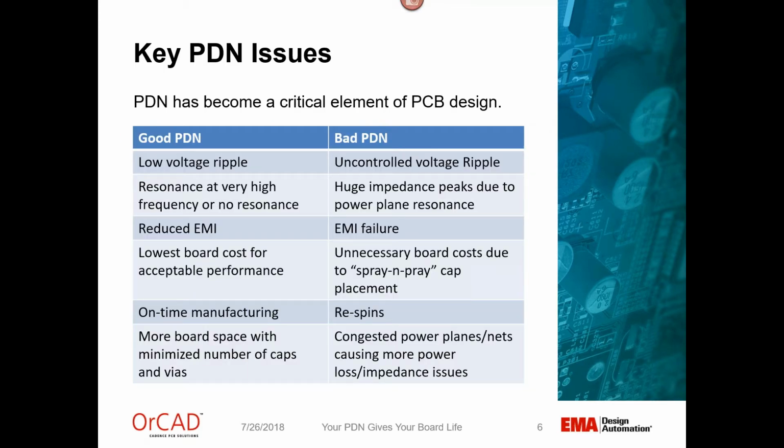So here on the left, we have our desired PDN behavior. In contrast, to the right is what might happen if our PDN is designed without power integrity in mind. We'll go over these in greater detail throughout our slides today, but we want to get home the point that our core PDN behavior is low voltage ripple, little to no resonance, or if you have resonance, it occurs at a very high frequency beyond where our board is operating. We want to minimize electromagnetic interference, and we want to achieve all of this while avoiding a spray and pray